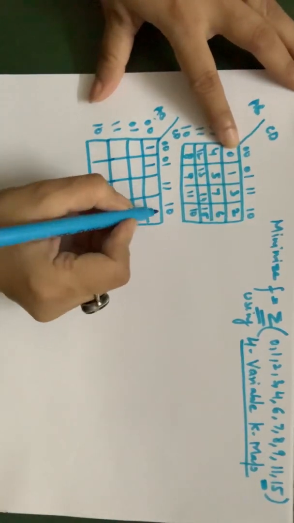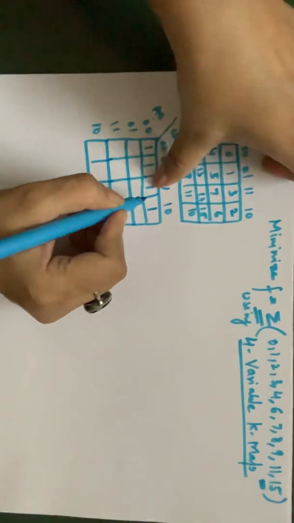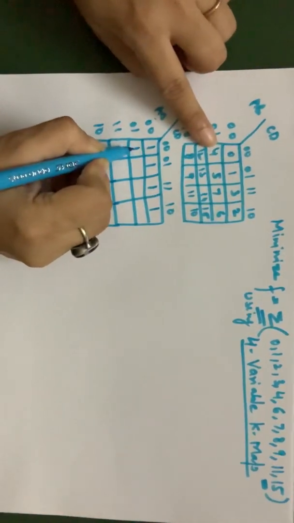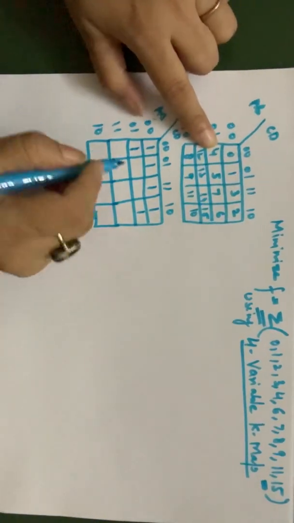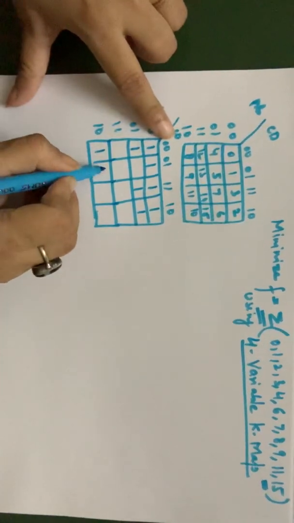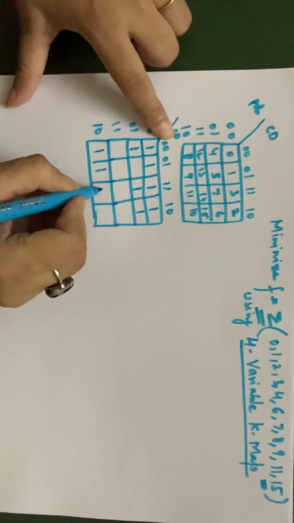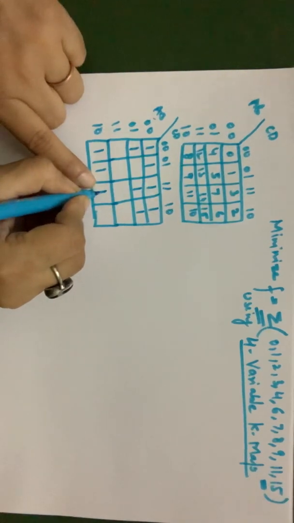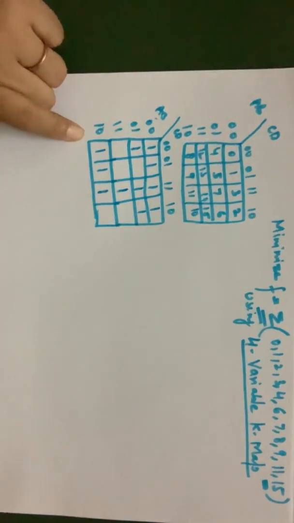2 is present, I put 1 in place of 2. 3 is present, so in place of 3 I put 1 here. Okay, then 4 is present, so in place of 4 I put 1. Then 5 is missing, 6 is present, I put 1 here. Then 7 is there, I put 1 here. Then 8, 9, and then 11 and 15. So we have the values as 11 is present, 10, 11, then 12, 13, 14, 15, this value is present.